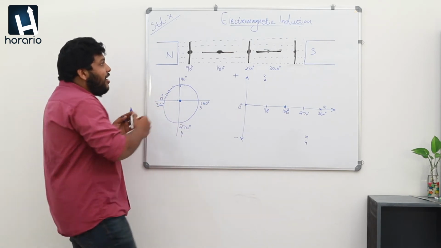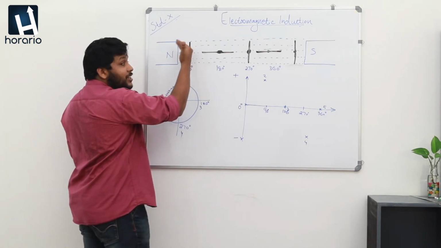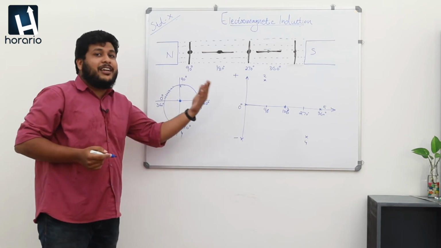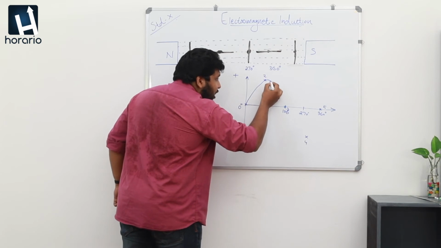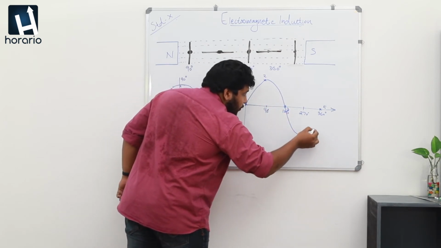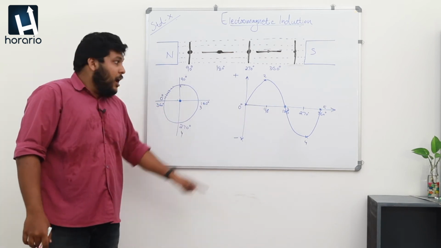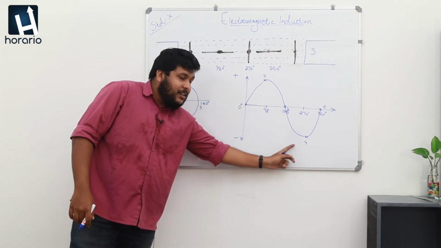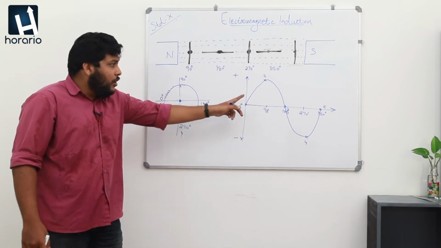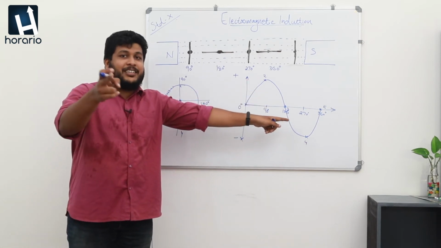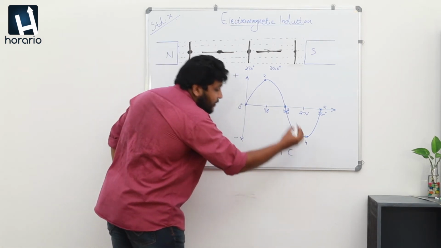But we know that as the rotation is taking place, or the armature motion is changing, the flux linkage will change. So if we join all these points with a continuous line, we can derive an angular representation like this. We can represent the motion of the armature and the production of current like this. This type of graph we have discussed earlier, and this type of current is known as alternating current.